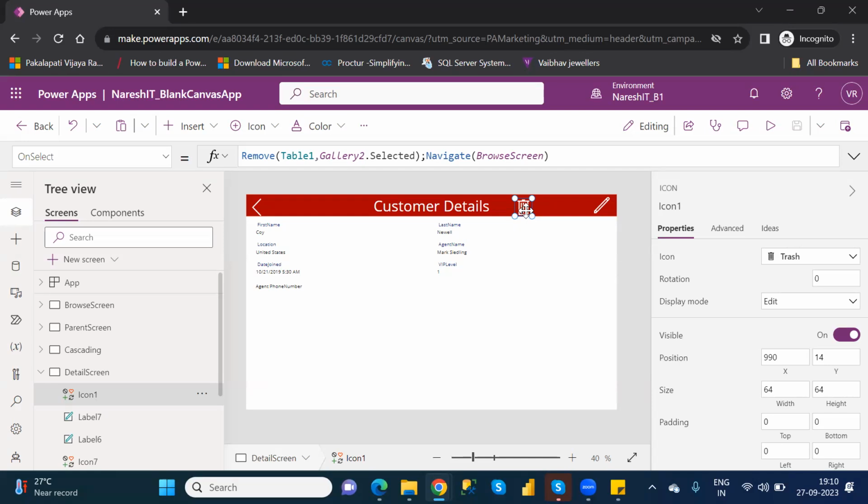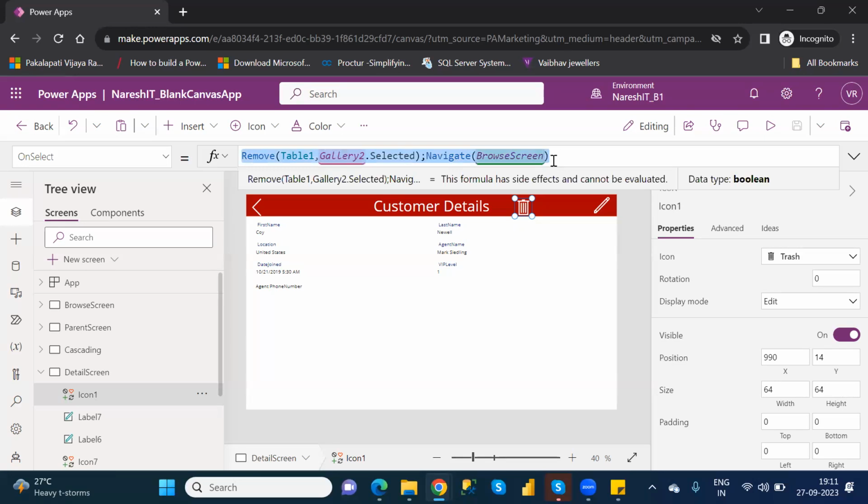When I click on this particular icon, instead of doing this operation, I will prompt the message: Are you sure you want to delete it? If you click on yes, then only this operation will be performed. If you click on no, we won't do this operation.